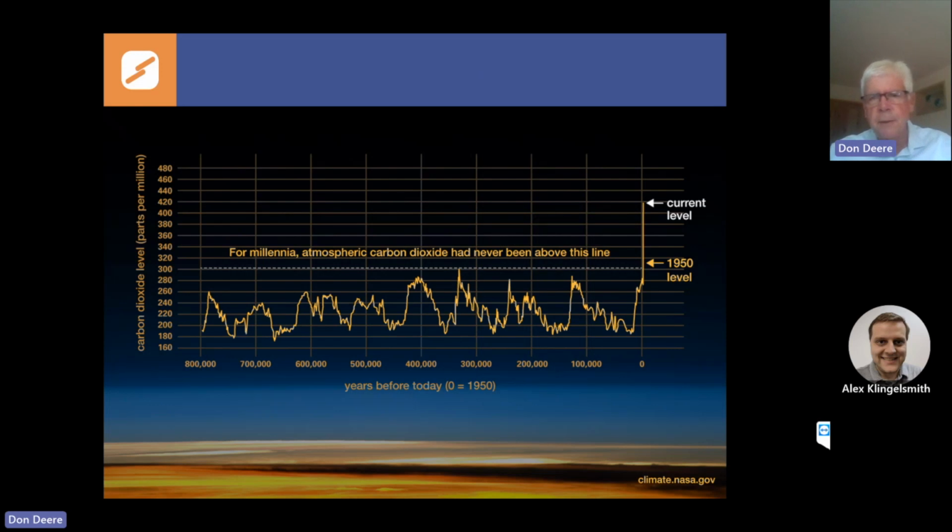If we look at this recent graph from NASA, you can see that Chamberlin was right on. Chamberlin did not have this data. This data goes back 800,000 years and is based on sampling of air bubbles in ice cores from the poles. So as you can see, when CO2 was low, you had glacial periods.